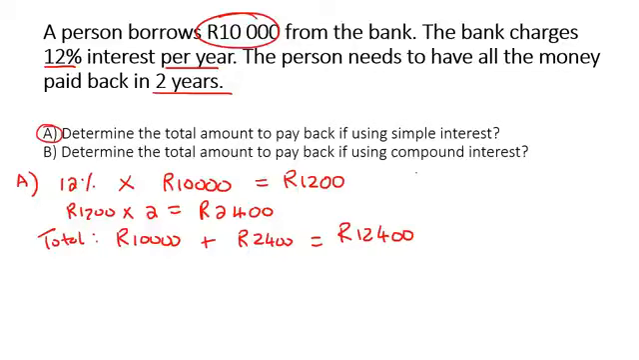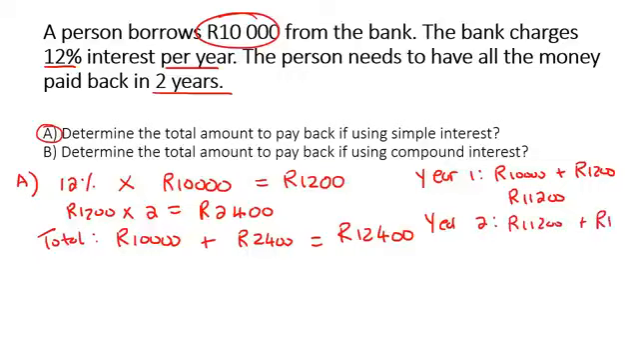If you wanted to go year by year, you could say year number 1, that would be 10,000 plus 1,200, and that would give you 11,200. Then for year number 2, you would say 11,200 plus 1,200 again, and that would give you 12,400 Rand. Now if we use compound, which is for this next part, then you're going to start off in the same way. So you're going to say, what is 12% of 10,000? And that's going to give you